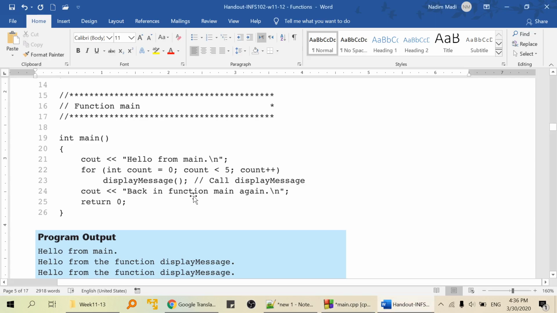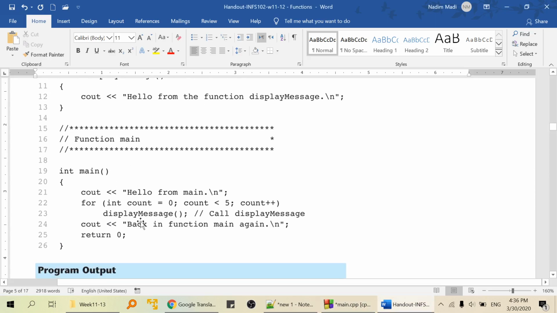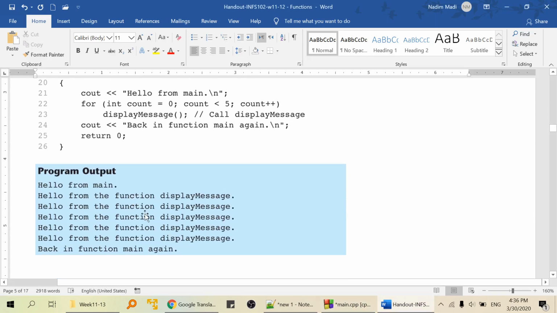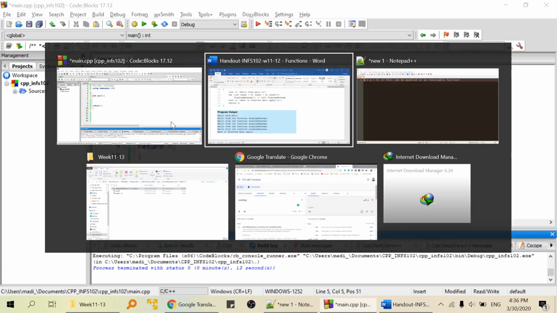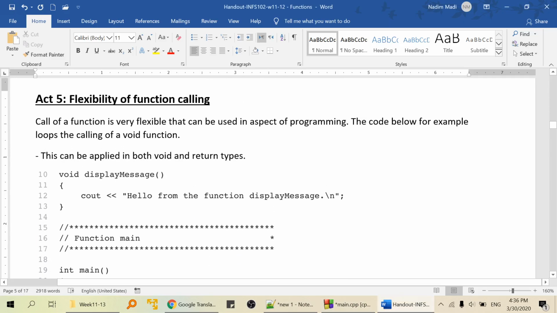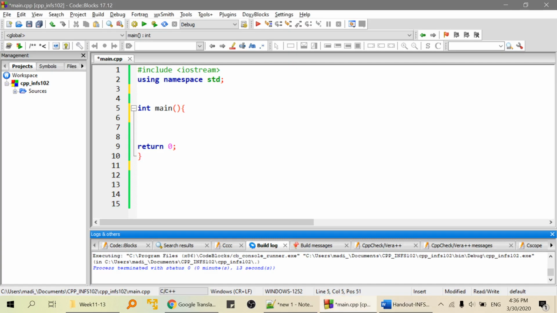Let me just give you an example more than this. Maybe this example is very simple, it runs a loop, displaying a function within a loop. And actually, this is one ability of the function: it can be used within a loop. But what I meant by flexibility here is that, let's say we are creating a function, calc, and that function